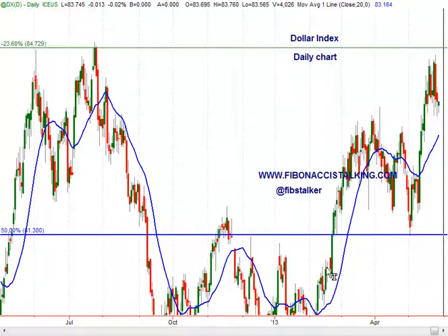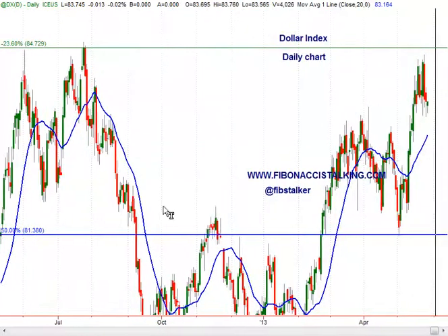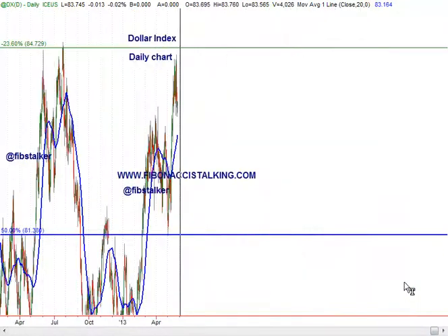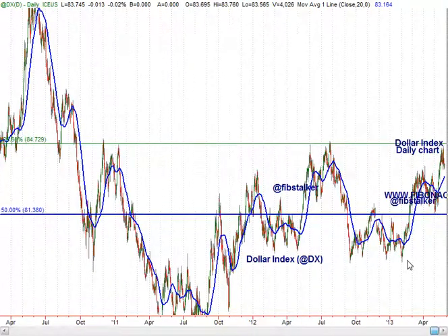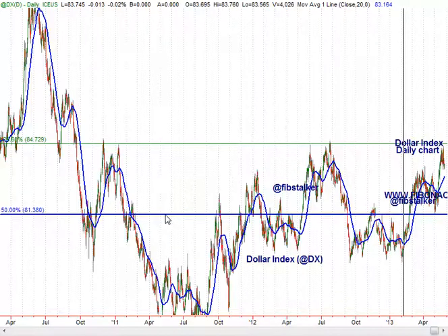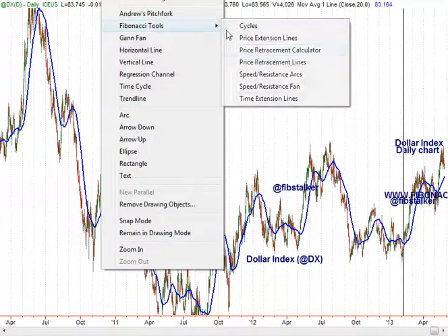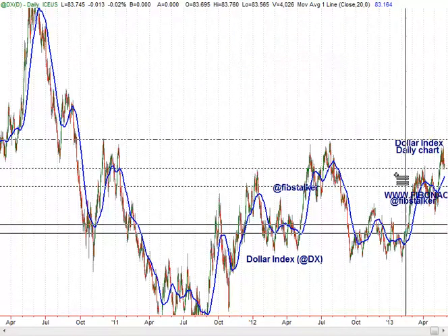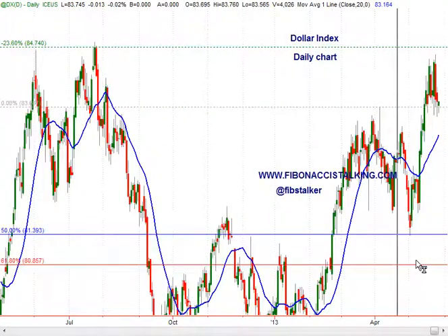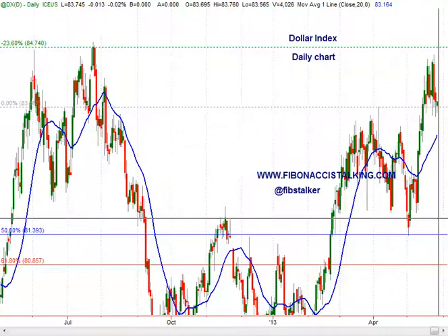this 81.38 is the trace that goes from the February lows here, and I'm going to trace it again from the February lows to the highs in the beginning of April. And as you can see, the 81.40 level traded. The first target, 84.70 area, which is a high probability target, was never touched here, at least not just yet,